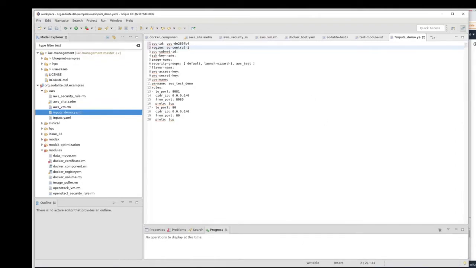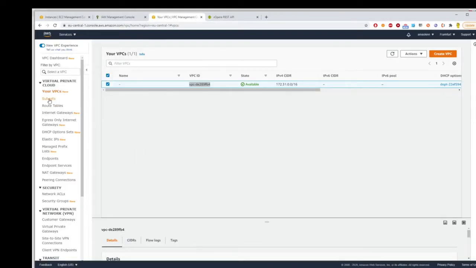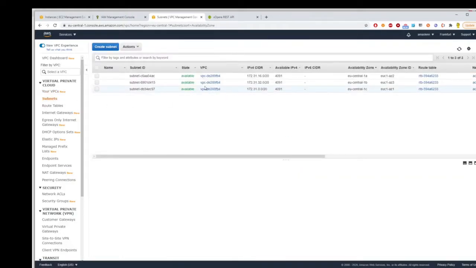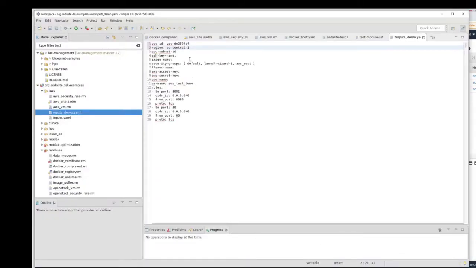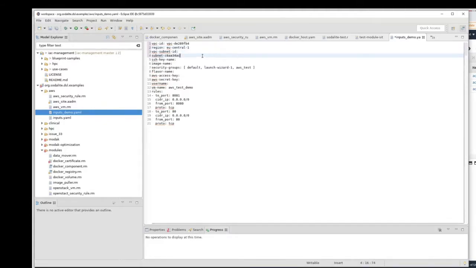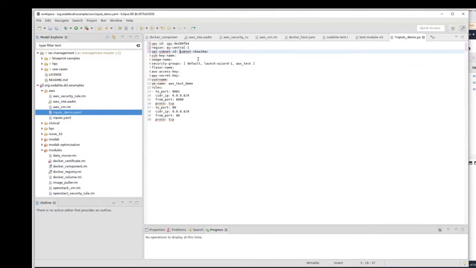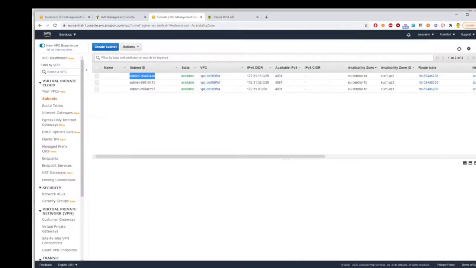Then we have to configure the subnet. Go to the subnets and select one subnet we want this virtual machine to belong to. Then we have to configure the SSH key.